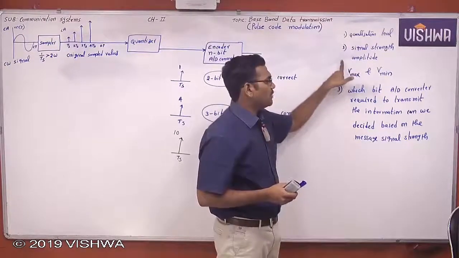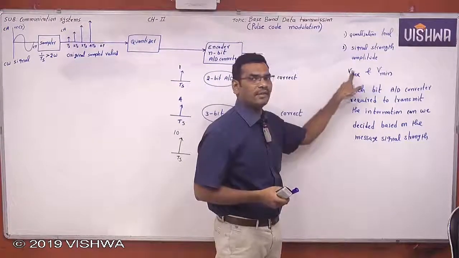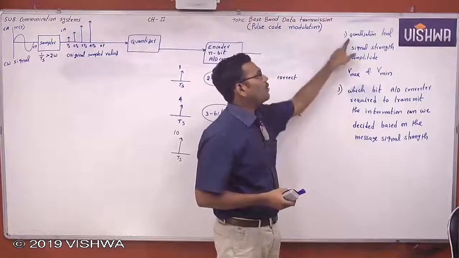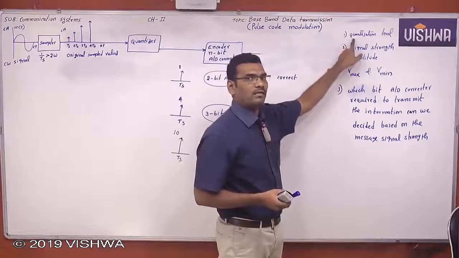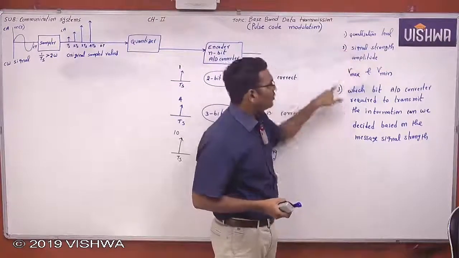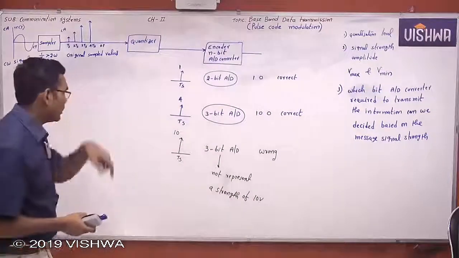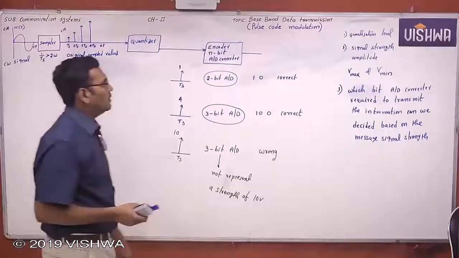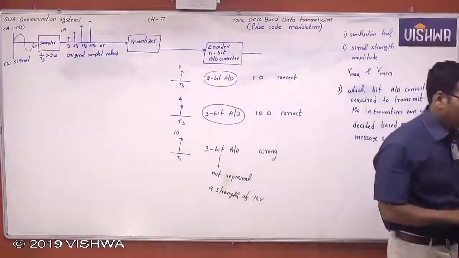And based on this information, you know which type of A to D converter is sufficient to carry this information? Yes, sir. So then how many quantization levels? You don't know. How many quantization levels should you take? If you know these two, automatically you can get that. Not a problem. Okay, now we'll do that. First you take this, then I will take one by one the designing of n-bit converters.